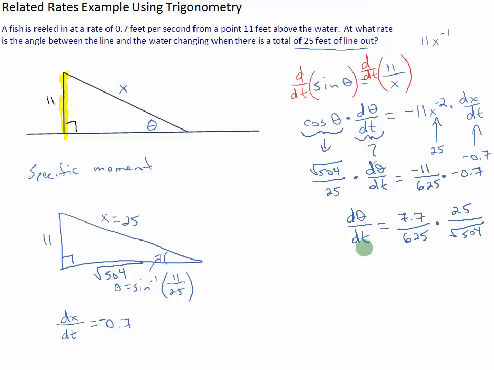And notice that I haven't rounded anything in this yet. So my rounding is going to happen here at the very end. d theta/dt is going to be, when I multiply this out, a positive